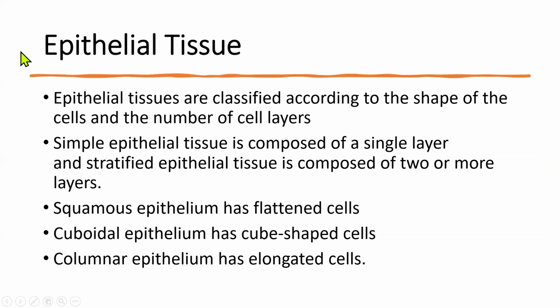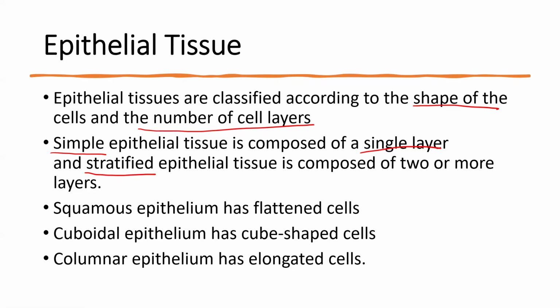Now we can classify the epithelial tissue based on its shape as well as the number of layers it has. In terms of number of layers, we call it simple if it's a single layer. On the other hand, if it has two or more layers, we say stratified. Simple is one layer,